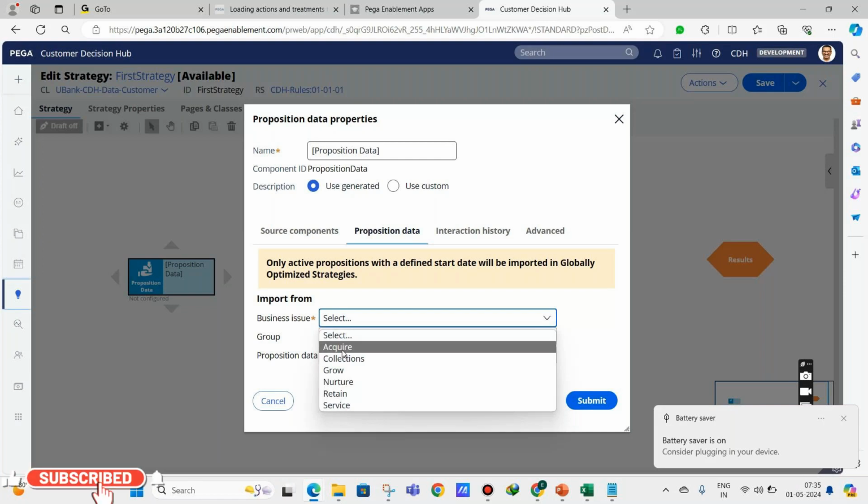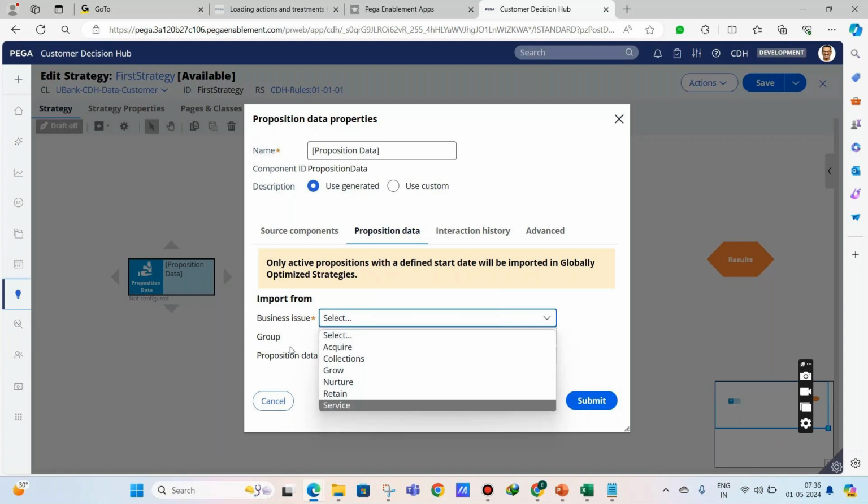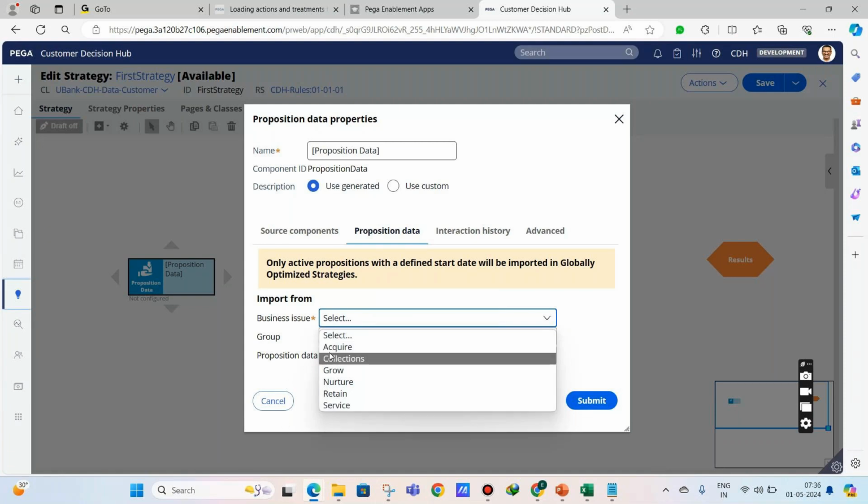So what if we select one of the business groups before creating a strategy, then only that particular proposition group will be available here, right? Right. Yeah, I'll show you that also. Correct. Yeah. So since we did not select anything, that is the reason we are able to select the